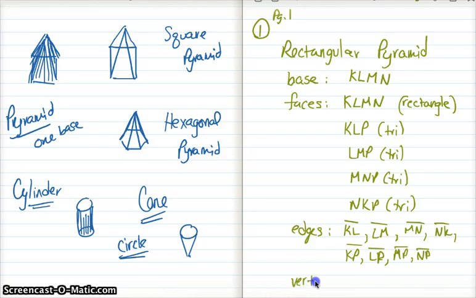For vertices, this is probably the easiest. I'm just going to list each vertex that I happen to see. So I have the vertices on the bottom shape, K, L, M, N, and then I have the other vertex, P. Okay, and that's what we'll practice doing with many different kinds of shapes. We are also going to talk about what different cross sections of a polyhedron might look like. So what I'd like you to do right now is to go ahead and on page 8, please do number 2, number 5,